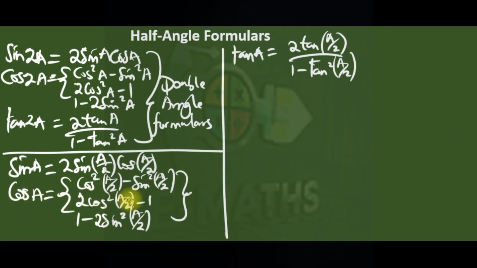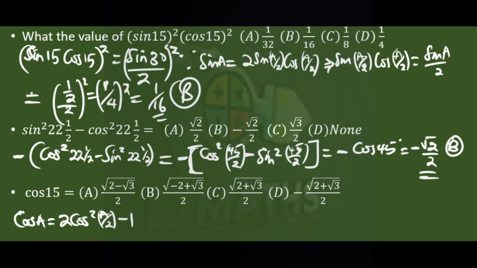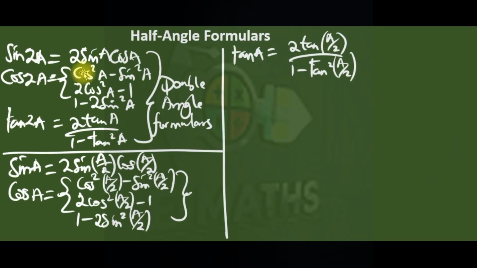Cos A is 2 cos squared half A minus 1. So let's go back and finish the equation. If I make cos half A the subject of formula,